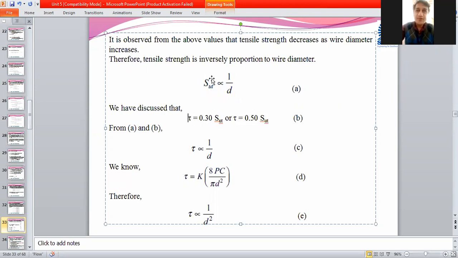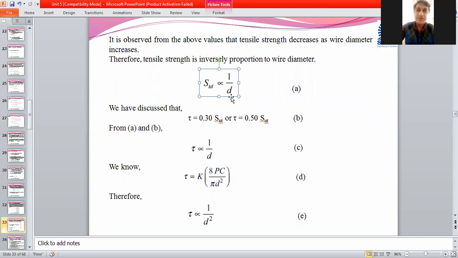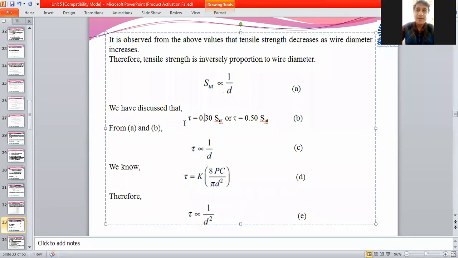So if you are going to use this basic thing, which is going to change with respect to diameter, definitely the shear stress which you are going to use to calculate the dimensions of that spring is also going to get changed. Though you are going to manufacture springs of different diameter wire of the same material, this basic assumption which we have made for the shear stress or for the ultimate tensile strength is going to get changed. Getting me?